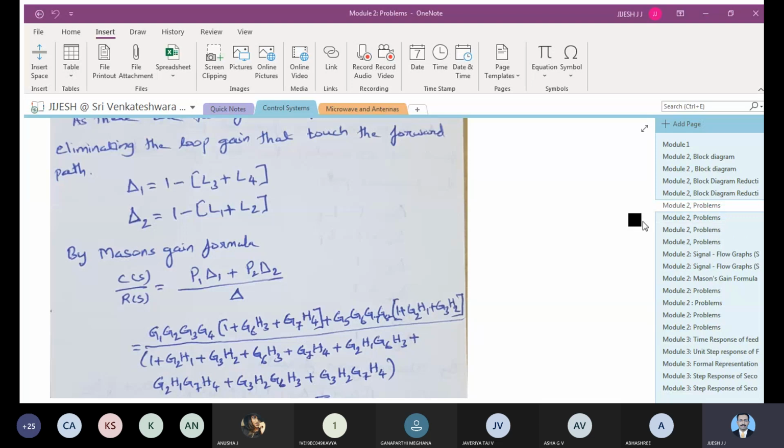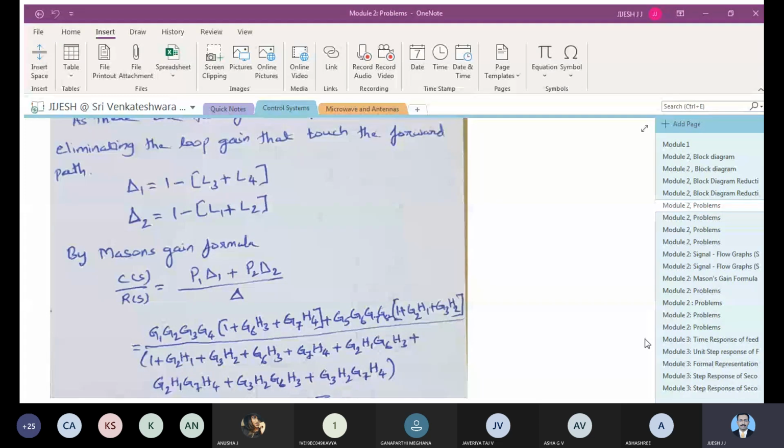And further, in the next third problem, we have to reduce the block diagram using this. Here we have to shift the takeoff point, which was the first step, and we have moved the takeoff point to one side, and correspondingly the changes of the blocks have been done. Then further combining the two blocks which are in parallel, then after that you need to cascade these blocks as well. All this process has been done.